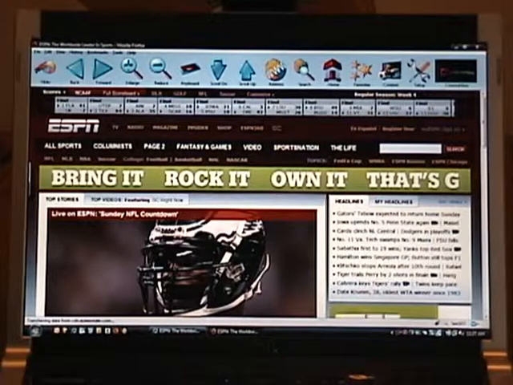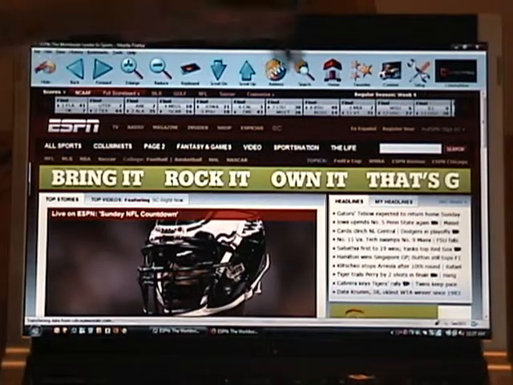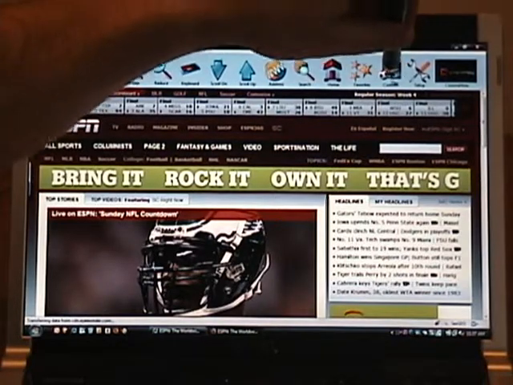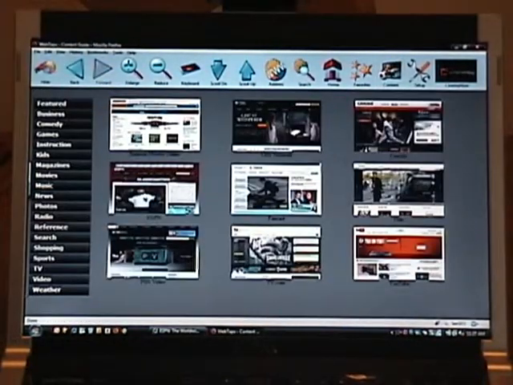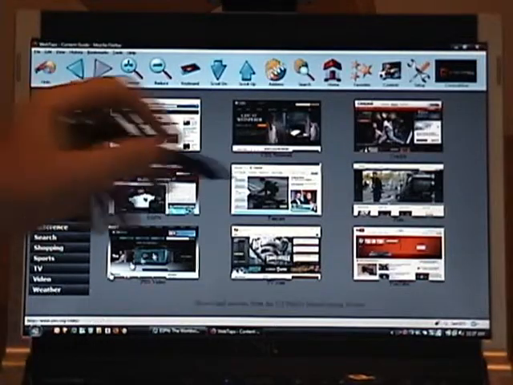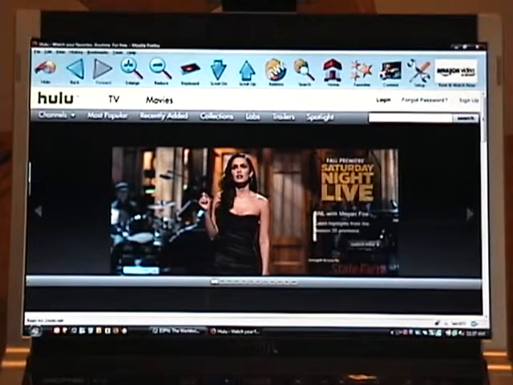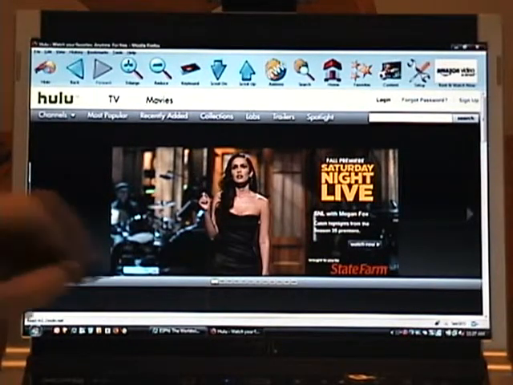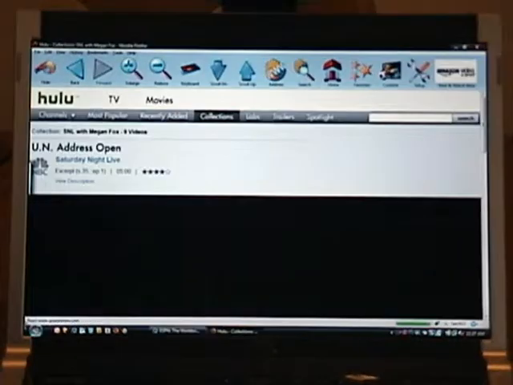Now let me show you how the WebTaps control bar allows you to access content even quicker. So here I can tap on our content button, and I'm immediately shown a list of content choices with a range of categories that I can access. If I see a website that I'd like to visit, I simply tap on the image and bring up that site, and of course I can watch shows in a matter of only a couple